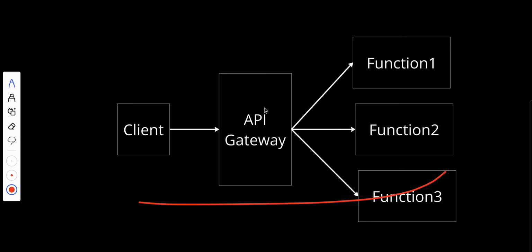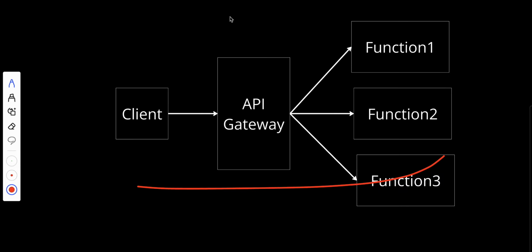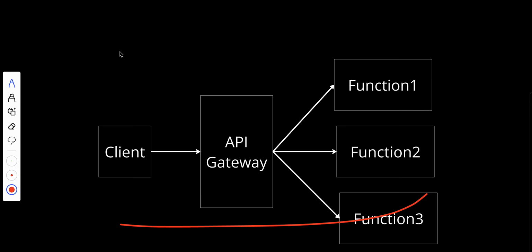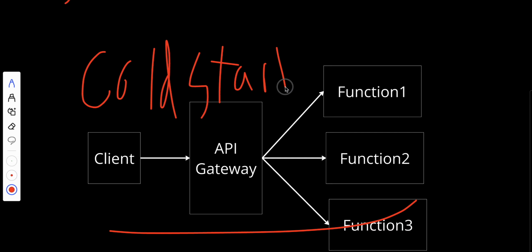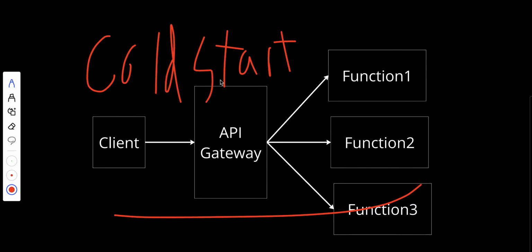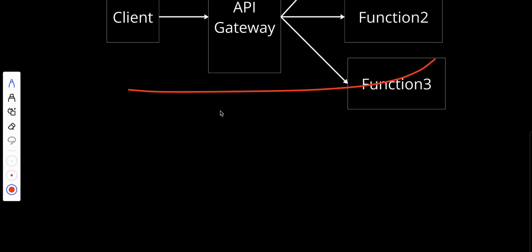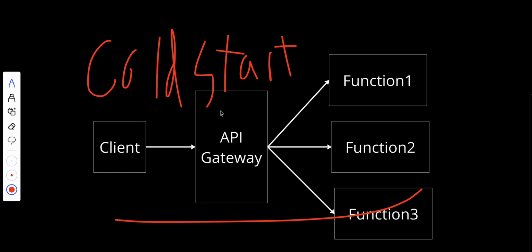Okay, it looks like a pretty decent architecture, but does it have a specific problem? Does it have drawbacks? Yes, of course it has drawbacks. One of the drawbacks is something we call a cold start. What is that? Okay, so let's type it first. One of the most common challenges with serverless architecture is cold start. When a function is not in use for a while, it may take longer to initialize the first time it's triggered, leading to increased latency. Also, there is limited execution time, because serverless functions typically have a maximum execution time,